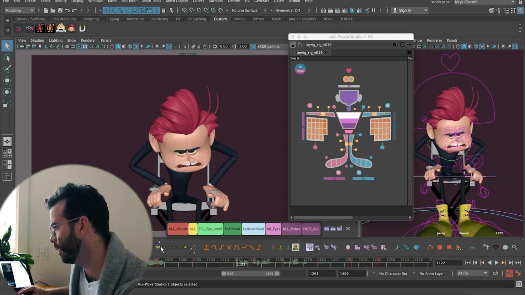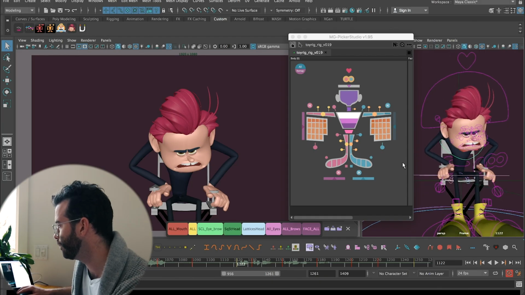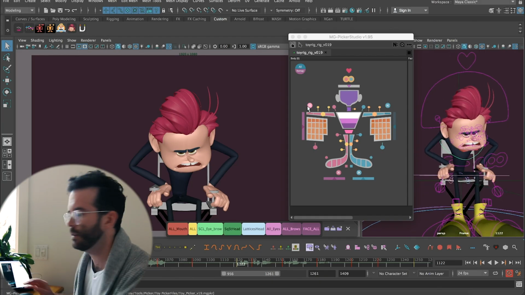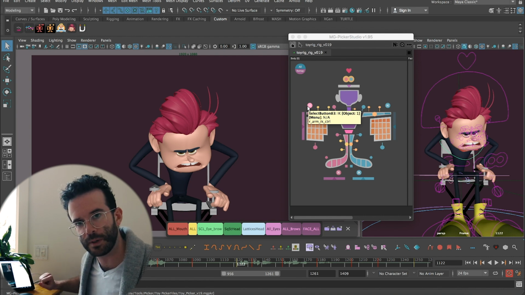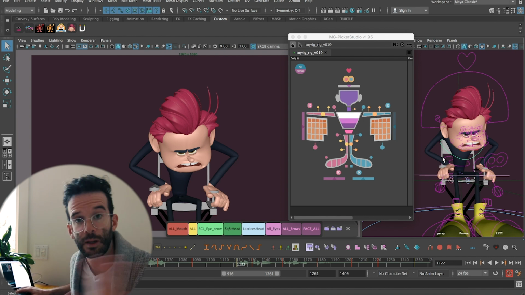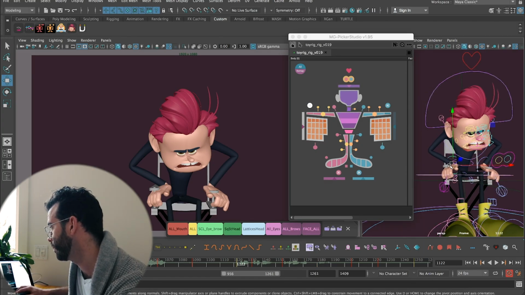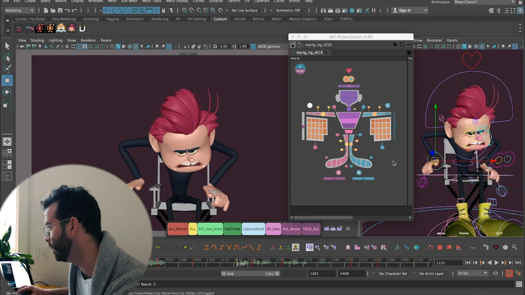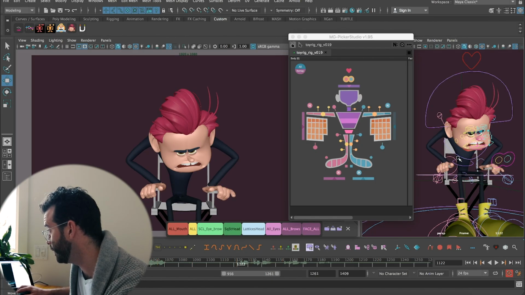Something maybe like that. But I know that the hands, as I was saying, I want to have that idea of going towards the side. So for that, I don't use the trainer. I just pose them separately. Actually, probably what I do, I select the whole hands and I tell them that I know that I want to go that way, but not yet. So I'm just gonna bring them out